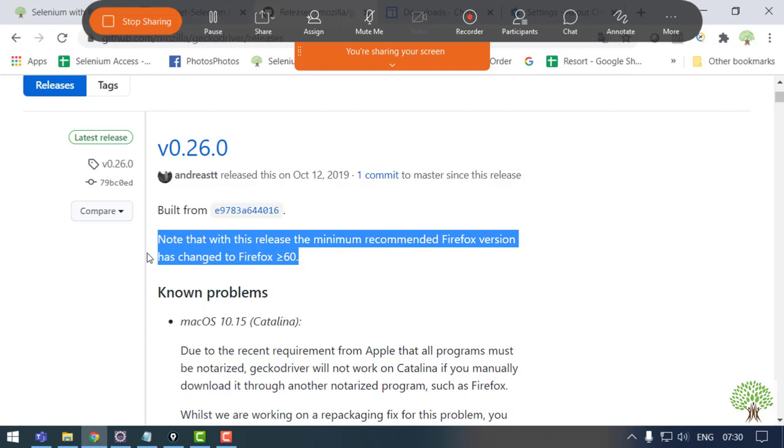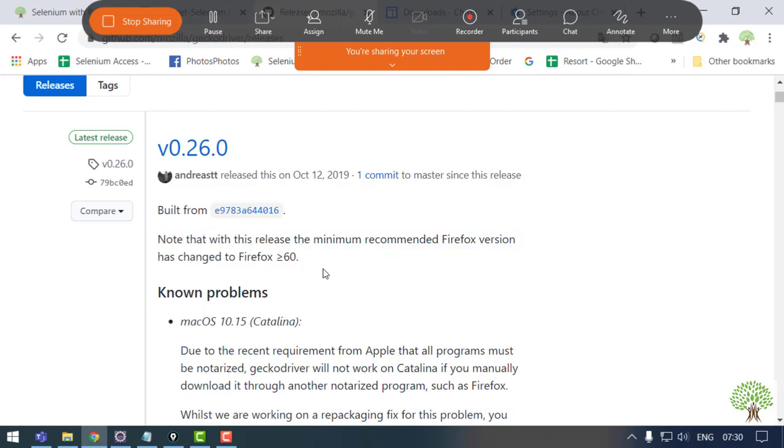But sometimes what happens is, when a recent version like 77 has just come up, the exe is not compatible with the new version at the start. It takes time to do that. And if your Firefox automatically updates, then your code might get affected and Firefox does not work with the same exe. So that is the issue in Firefox.